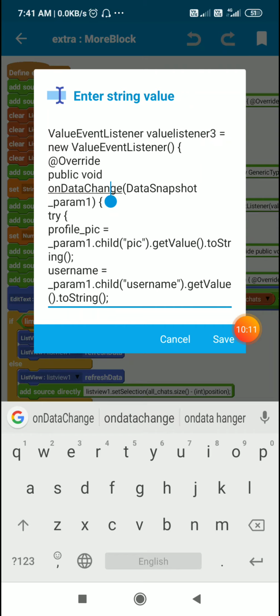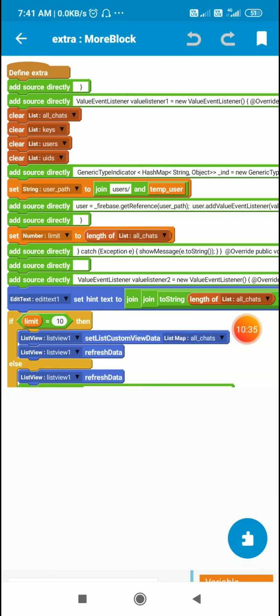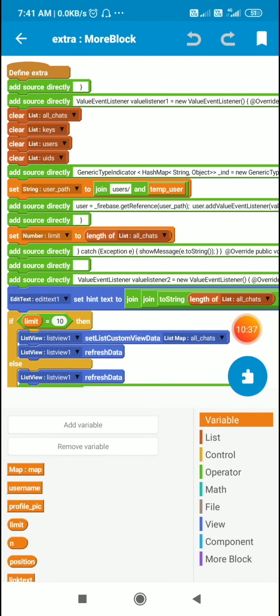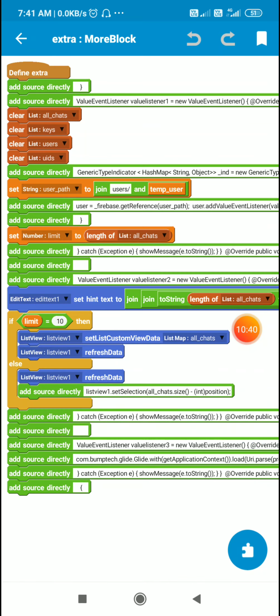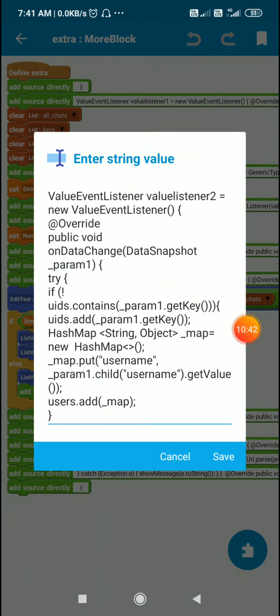In this on data change event I have this try block, and here I define profile underscore pic, which is a string variable, to param1 dot child pic dot get value dot toString. This will be profile pic, the URL of profile pic. Then I define username as underscore param1 dot child username dot get value dot toString. So these two, username and profile pic, are string variables which I have defined here.